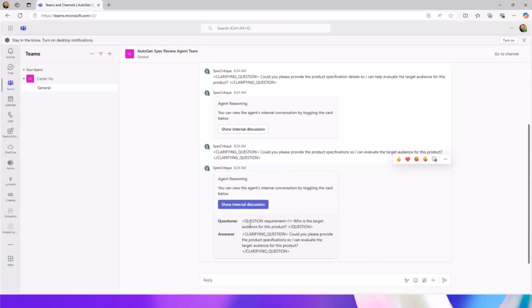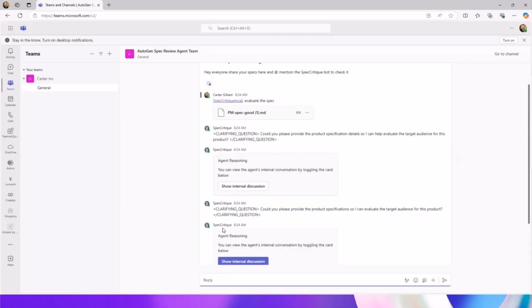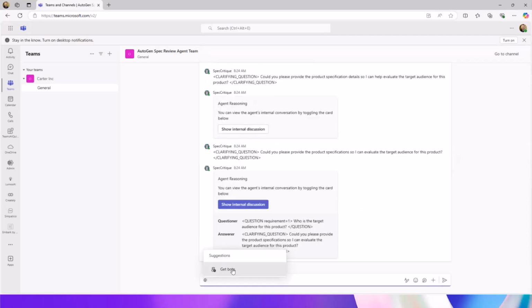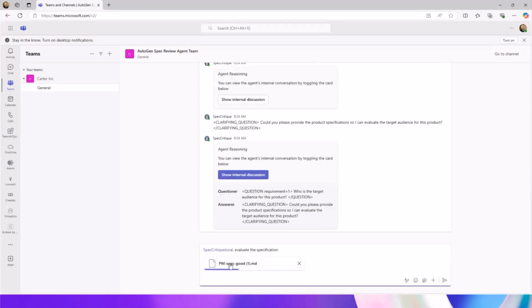So we can see it showing the background. Now let's give it one more try, since spec critique local, evaluate the specification. Like I said, this is live. Sometimes.